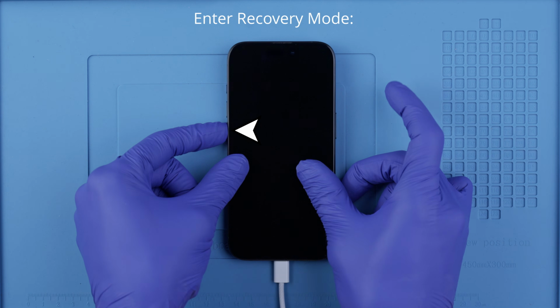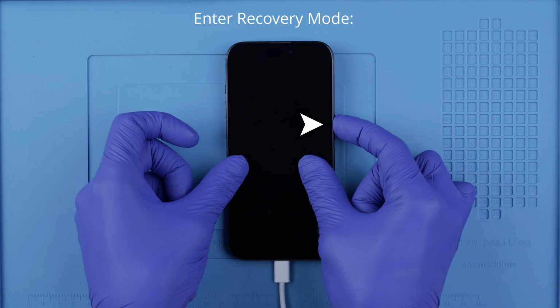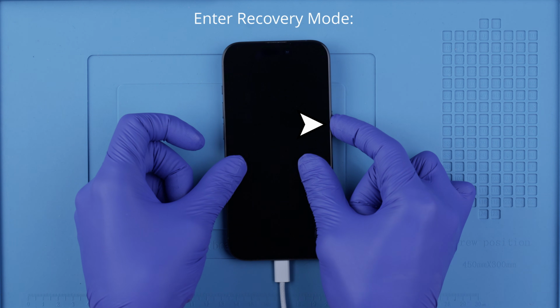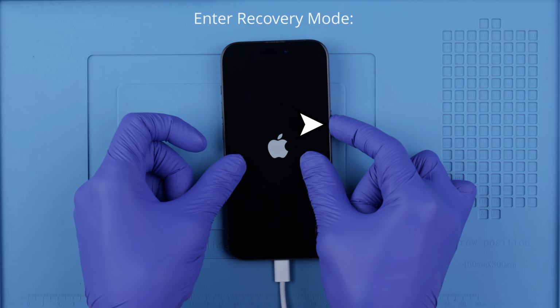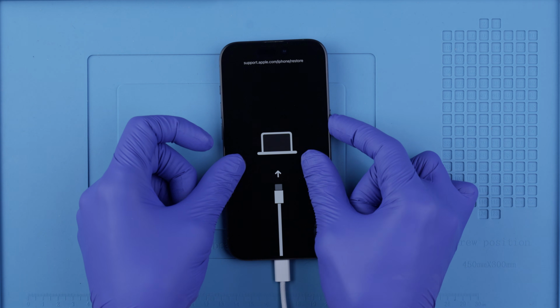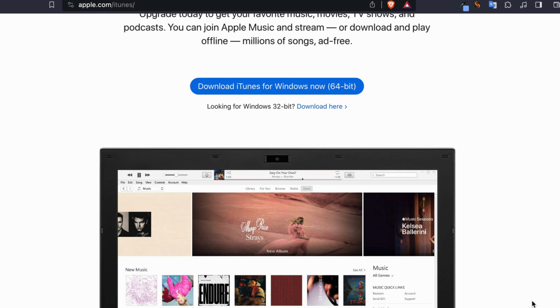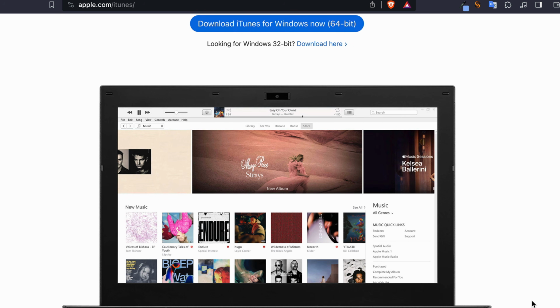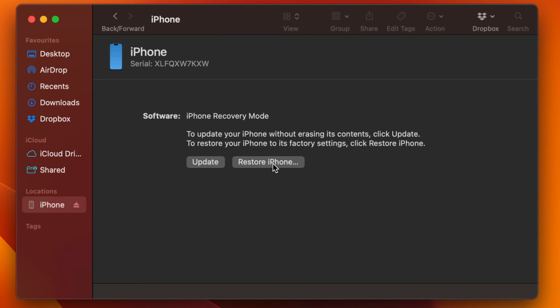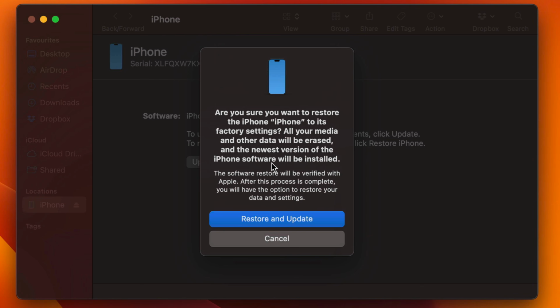Volume up, volume down, and press and hold the power button. And don't let go. If it didn't work on the first time, I suggest that you try it again until you get it. If you did it successfully, we will see the following screen. If you're a Windows user, make sure that you install the latest version of iTunes. I will include a link where you can download it. Your computer should detect your iPhone in recovery mode, and then we're going to proceed by restoring this phone to